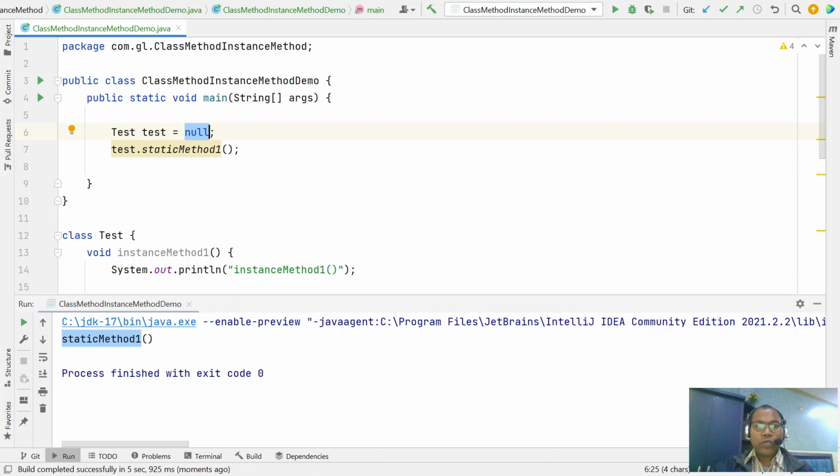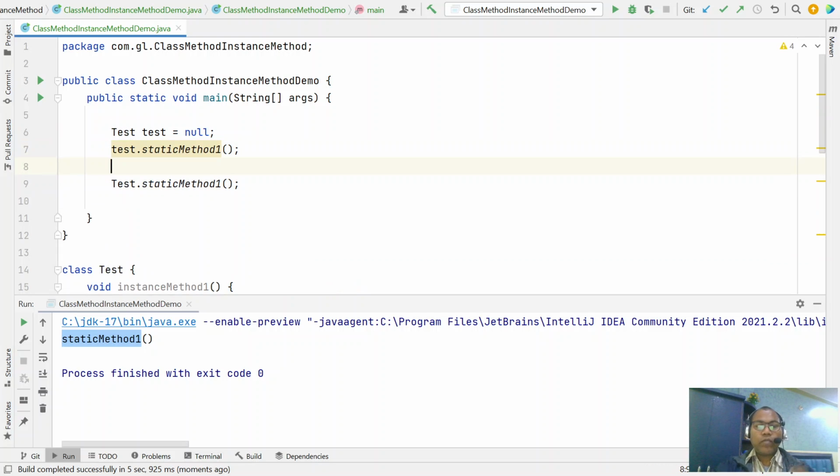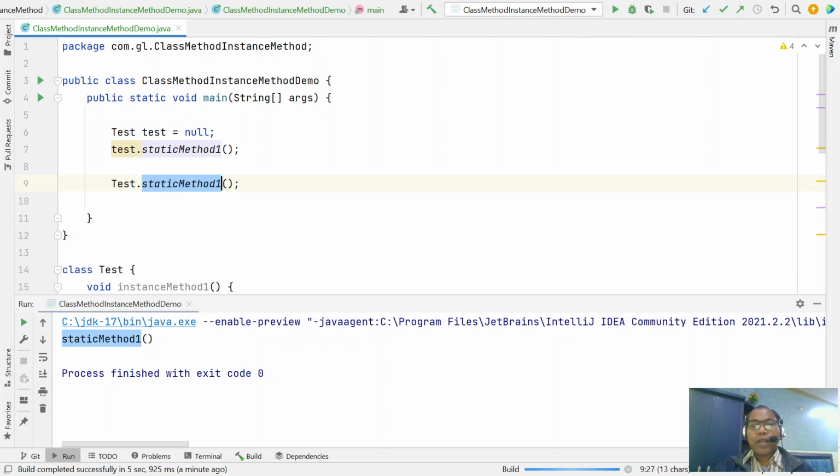In short, instead of invoking this way, the best way to invoke all static methods is using the class name. So we say all static methods are invoked from the class name, and all static methods are class methods, meaning they can be invoked from the class name itself without creating any object.